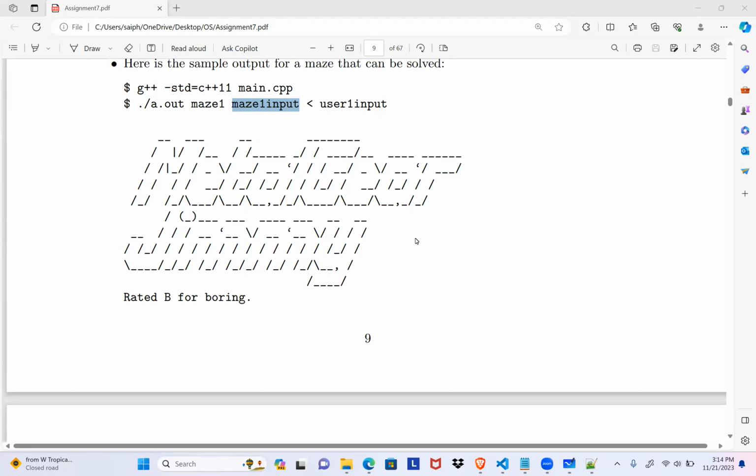Hi all. In the last video, we have seen what command line arguments are and to which index in the command line arguments array the maze file corresponds, and the maze file input corresponds to. We have seen these things in the previous video. In this video, once we run our program by feeding in the command line arguments, we'll see what needs to